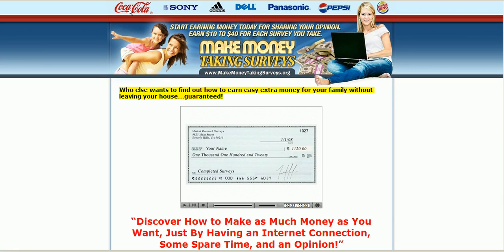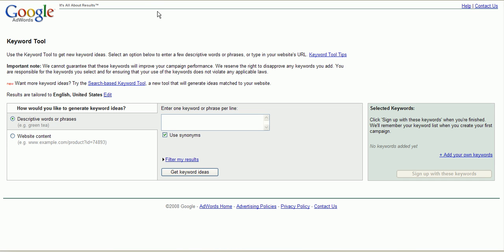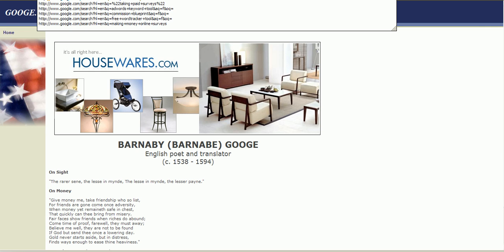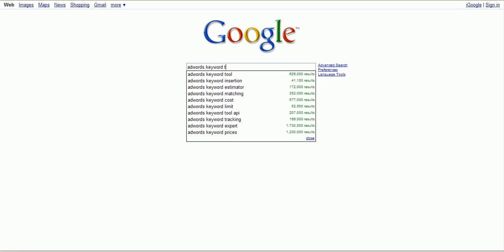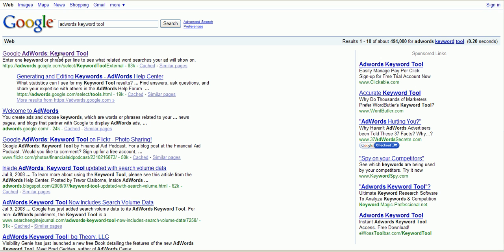So you're going to go to the Google AdWords keyword tool. So what you would do is go to google.com, and you would just type in AdWords keyword tool, and it will be the first result that you get. So go ahead and click on that,